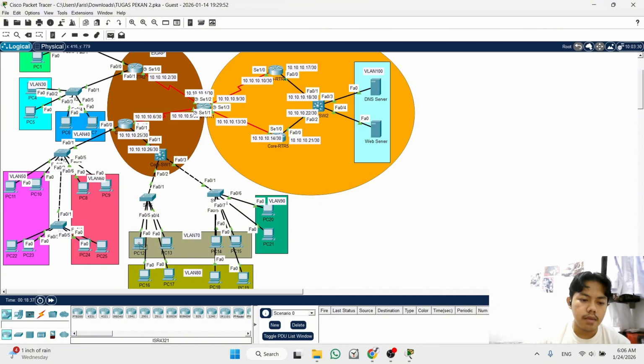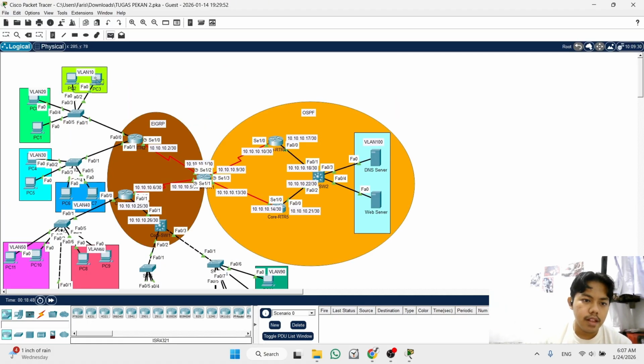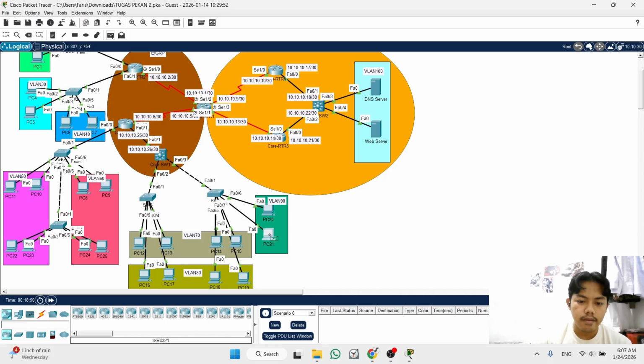Usually for the first time it can fail, but after that it's successful. Try again from VLAN 10 to VLAN 19. You click twice, then success.